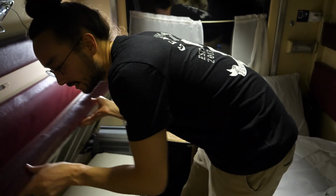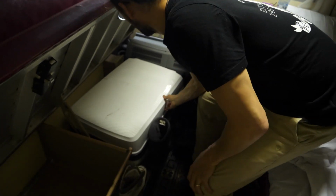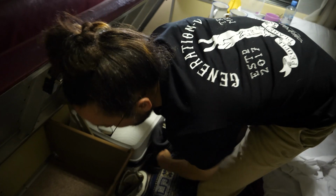Now I'm going to show you the storage space in the cabins. So if you jump up, underneath the bed, down here, you've got a big storage space for a large suitcase. So that one fits into there. And then down here,